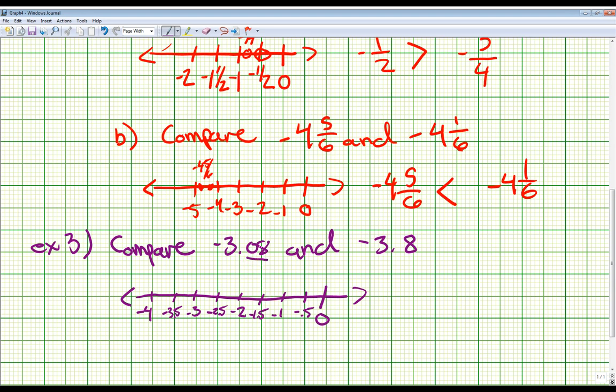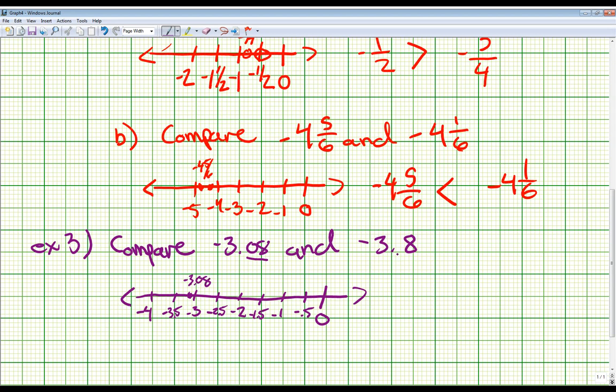-3.08. I'm going to underline the 0.8 because this means that there's no number in the tenths column. So this is very, very close to the -3. It's a little bit farther down than the -3. So we're going to go -3 and just a tiny bit more. We don't have a 1 here yet, so it's kind of like having $3.08. It's really close to that 3. So that's